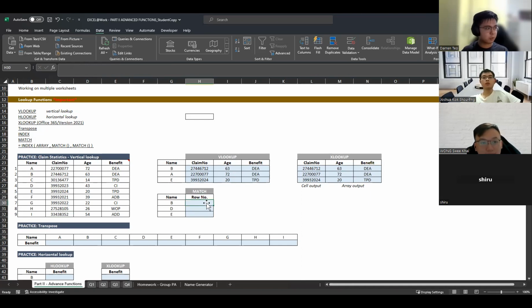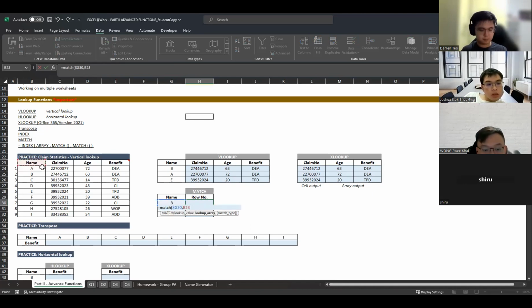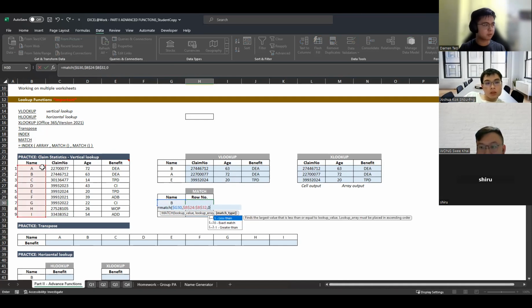So let's try to use this formula. If I use match, my lookup value is B. Let me lock it. Lookup array, I will highlight like that, B24 to 32. My match type is just exact match.